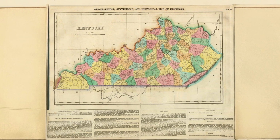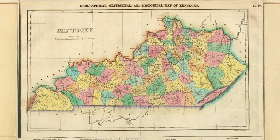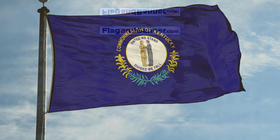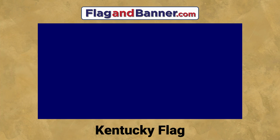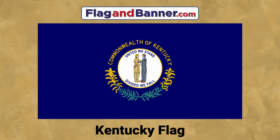While Kentucky was admitted to the Union as the 15th state in June of 1792, it did not adopt an official state flag until 1918. Here it is, the official state flag of Kentucky. The design consists of a blue background, and at the center sits the Kentucky state seal. Above the seal are the words Commonwealth of Kentucky, and below the seal is a wreath made from goldenrod, the